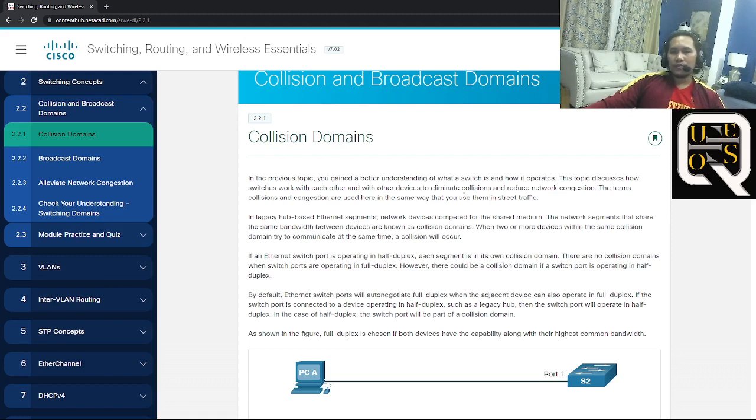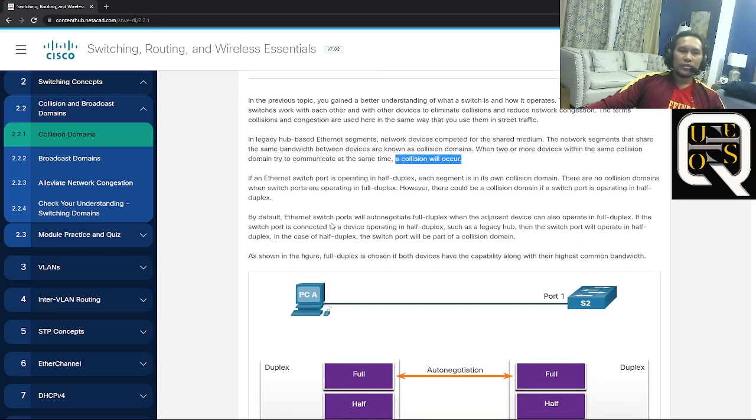Then when two or more devices with the same collision domain try to communicate at the same time, that will be the time a collision will happen. So if an Ethernet switch port is operating in half duplex, each segment is in its own collision domain. There are no collision domains when switching ports are operating in full duplex. However, there could be a collision domain if a switch port is operating in half